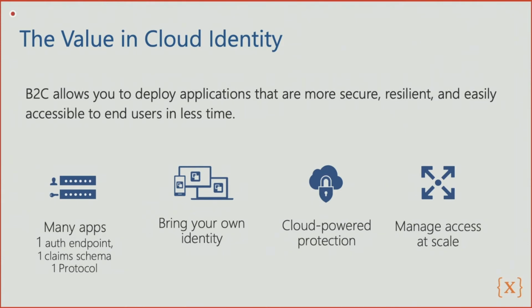And on top of that, they're going to know what claims to expect. So if it's Pepsi, but then I'm going out to Coke, these claims are going to transfer back and forth, and B2C is going to make sure that, as you talked about, if it's email address or email or ID, it doesn't matter. B2C is going to do all that transformation to a claim schema that we're all familiar with. So obviously bringing your identity,